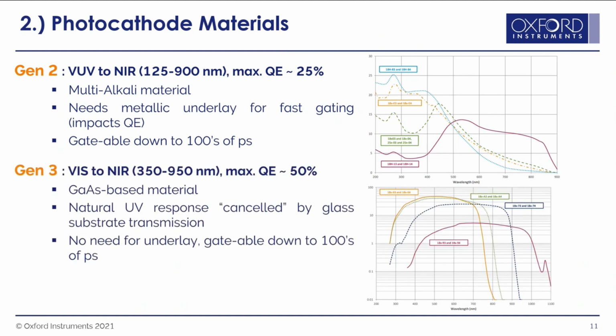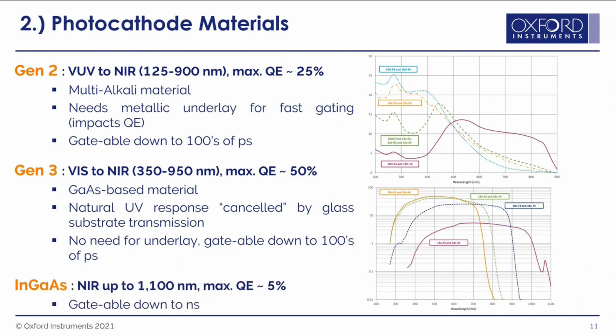And secondly, there are Gen 2 photocathodes, which, as I mentioned before, are directly deposited onto glass, which then limits their wavelength range down to 350 nanometers. But these don't require an underlay, so they can achieve fairly good quantum efficiencies in some regimes, and they are again gateable down to hundreds of picoseconds. And it's also possible to have in-gas photocathode materials, which then can extend your